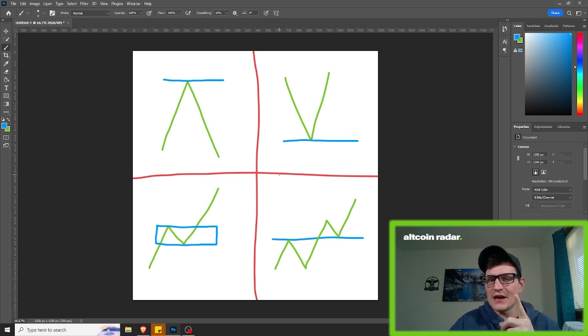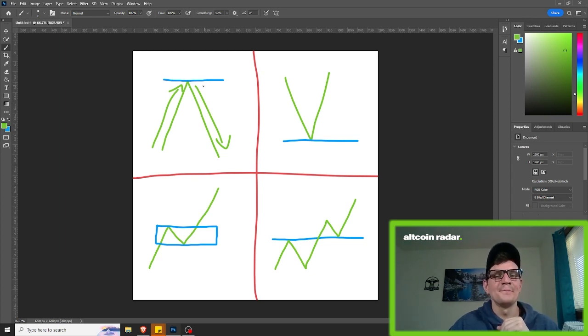The first identifier we have is the peak of a rally. As you can clearly see here, we got the peak right here. We're in a rally right here. We went all the way up and formed a peak before going back down. So at the peak of this rally, we put our horizontal